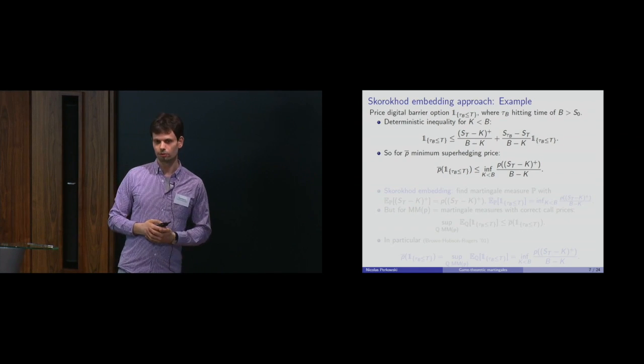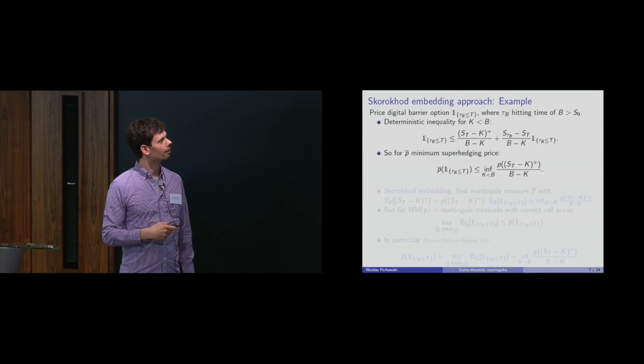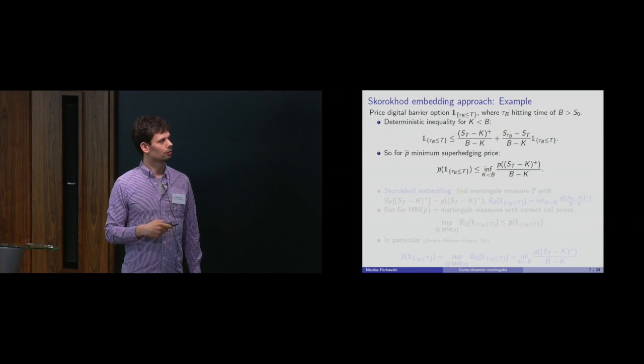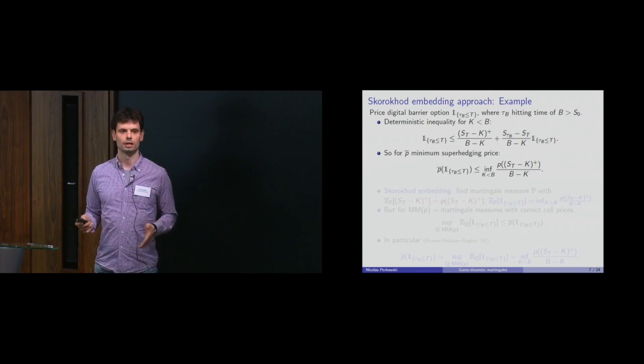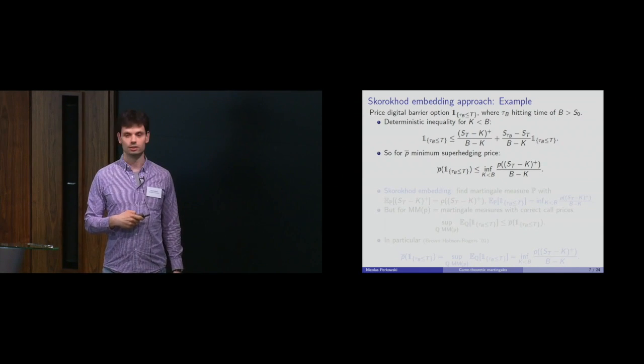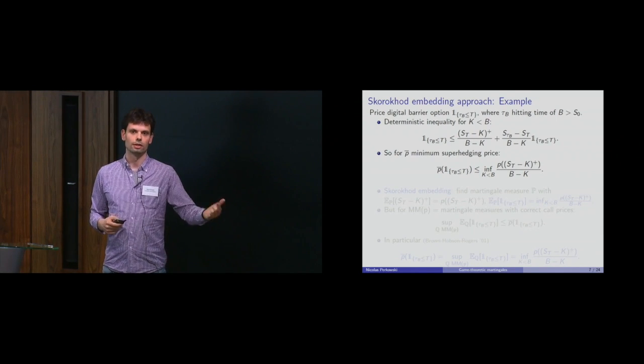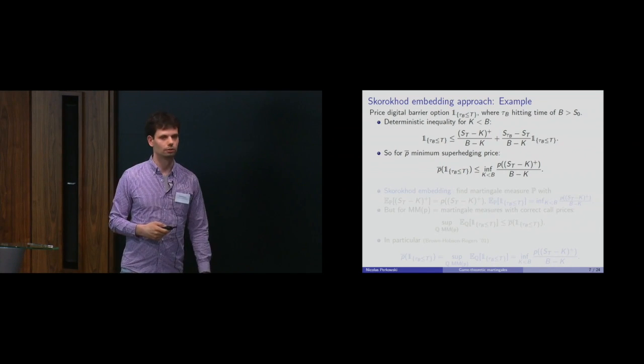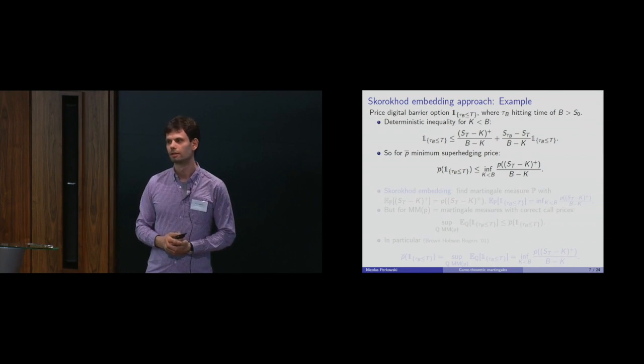And so this is by a paper of Brown, Hobson, and Rogers, what I'm showing now. The first thing they do is they observe you can get a pathwise inequality for this thing you want to price, bounded from above by these two expressions. Okay, so I don't want to say how, you can just verify it for yourself. The left one just takes two values, either 0 or 1, and in both cases you check and the inequality is true. So there's no miracle happening here.